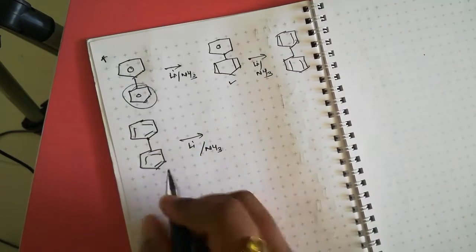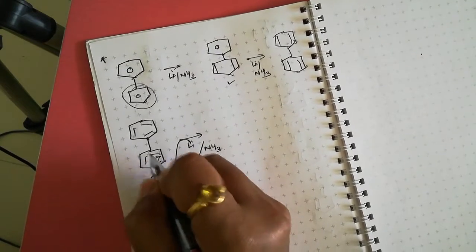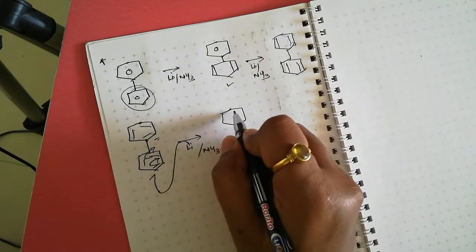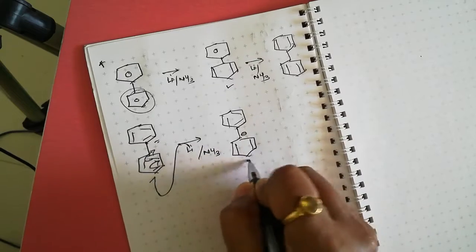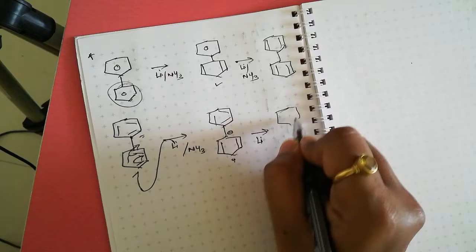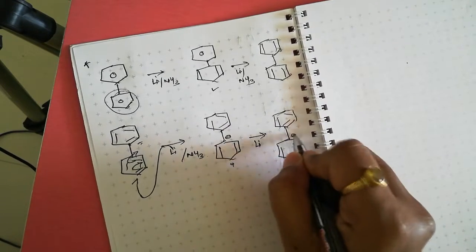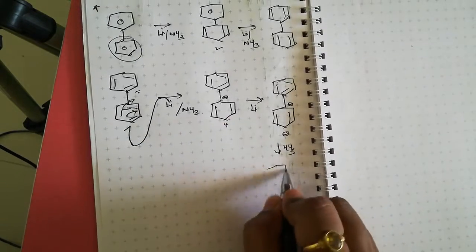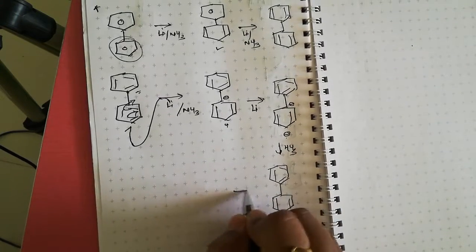The aryl ring is electron withdrawing, therefore lithium transfers its electron to the para position, then this bond shifts here and a negative charge is formed, because this aryl ring is electron withdrawing. Here is the negative charge, here a double bond, here an electron. Again lithium transfers its electron to this radical and we get a negative charge here and here. Then ammonia transfers its proton to these two negative charges and we get this product.